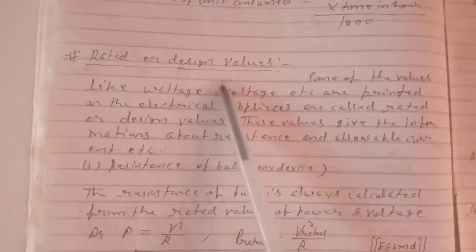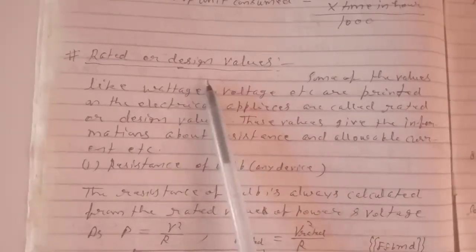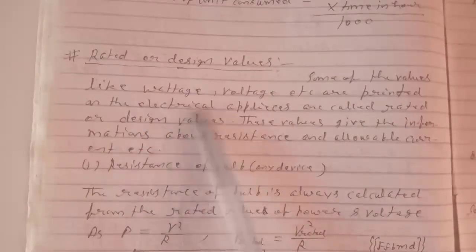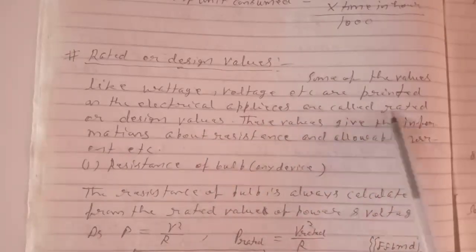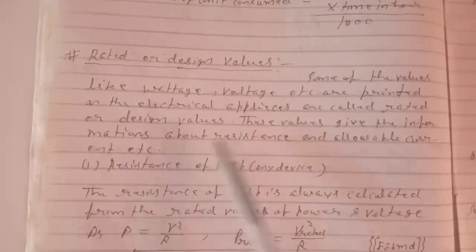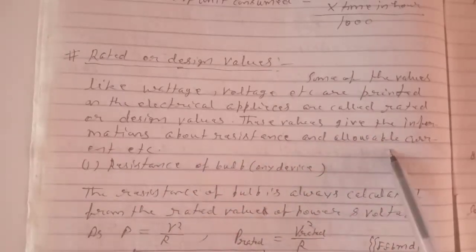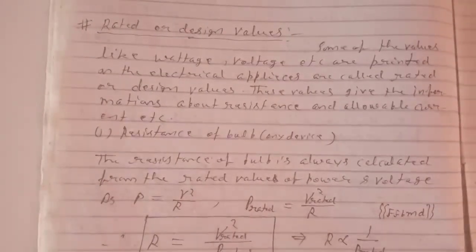Rated or designed values of electrical appliances. Some of the values like wattage, voltage, etc. are printed on the electrical appliances and are called rated or design values. These values give the information about resistance and allowable current, etc. For example,